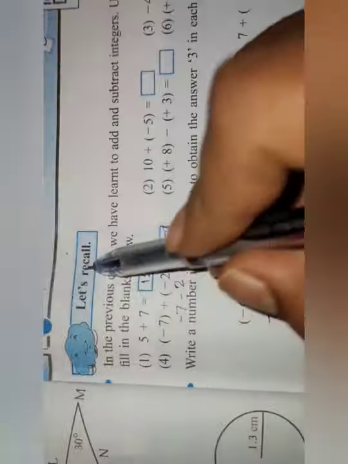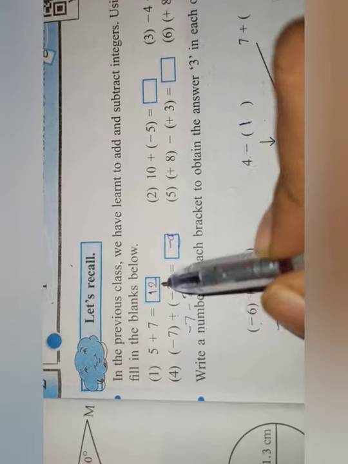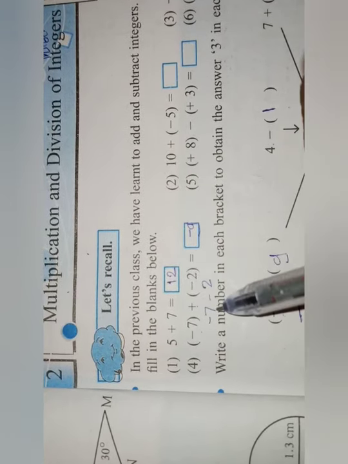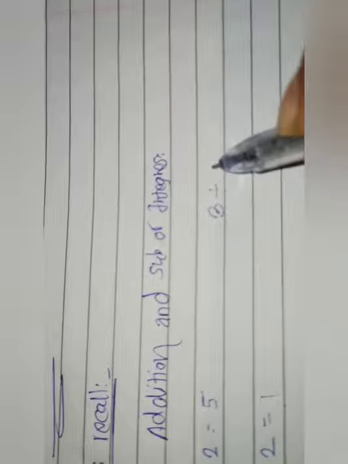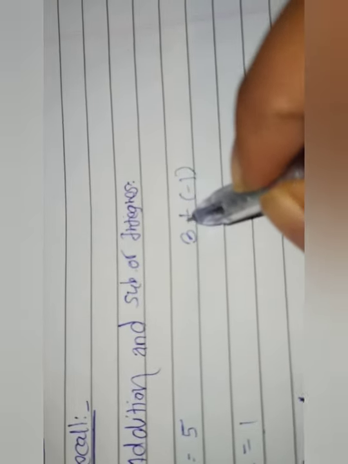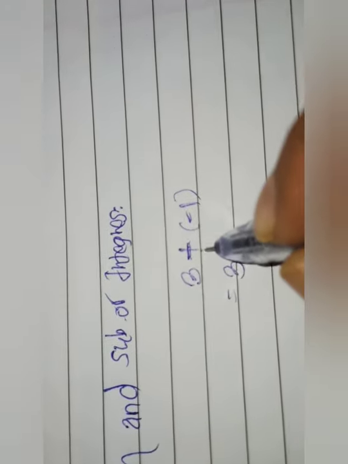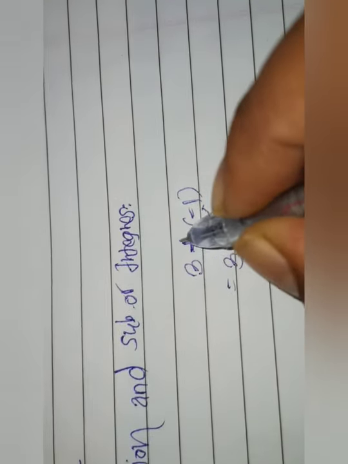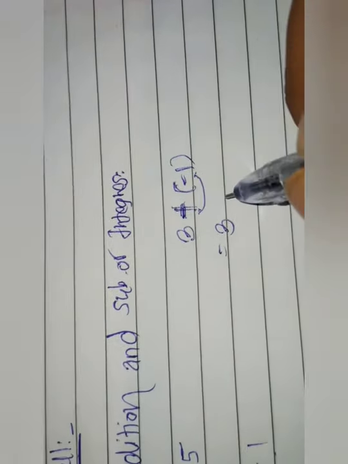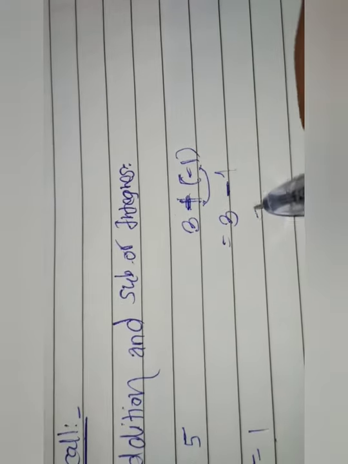See your first page, that is the chapter number page here. Okay, you have to recall it and you have to fill these brackets. Suppose 5 plus 7, 12. Minus 7 plus minus 2, plus minus becomes minus 2. I forgot to tell you also here. If there is 3 plus minus 1, then it becomes 3 as it is, plus and minus. If here is plus and there is minus in the bracket, then plus minus becomes minus. So the number is 1. So 3 minus 1, 2.